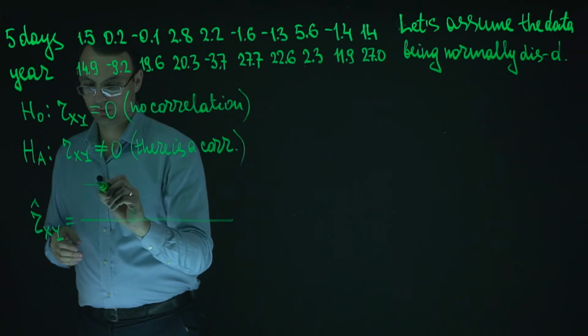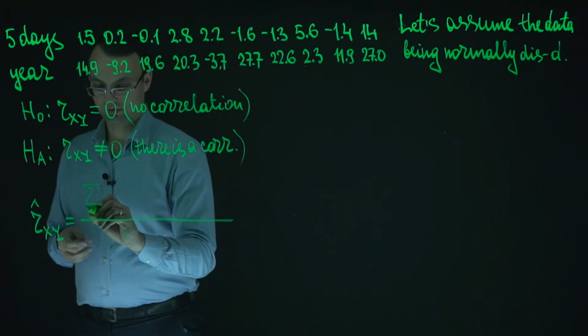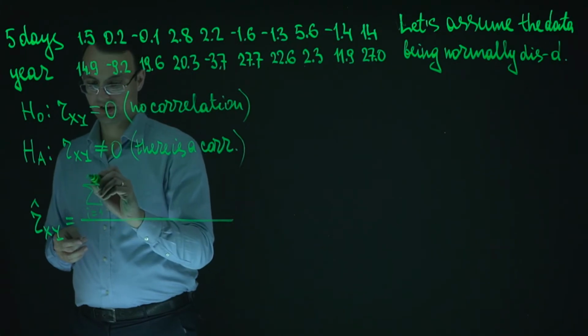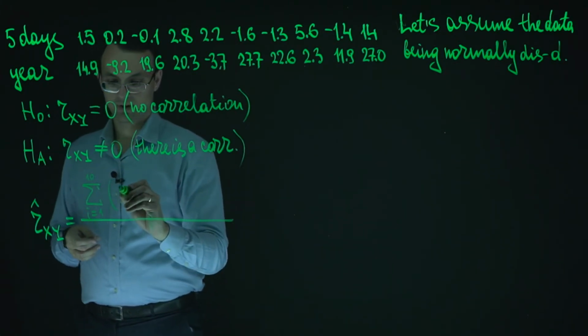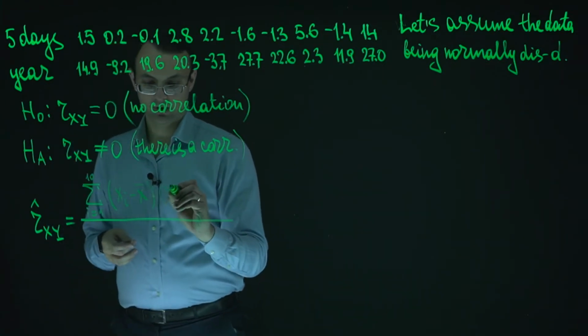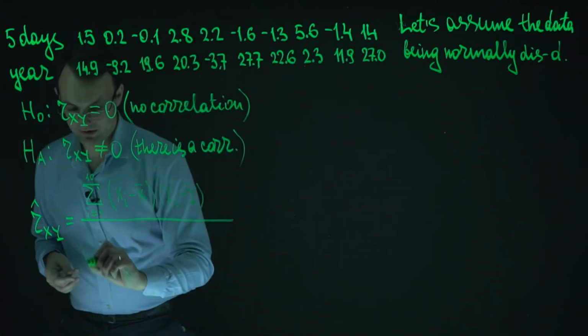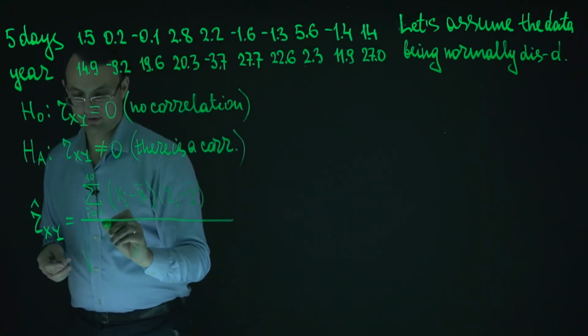There will be a sum for i from 1 to 10, of x_i minus x bar times y_i minus y bar, and here a square root of